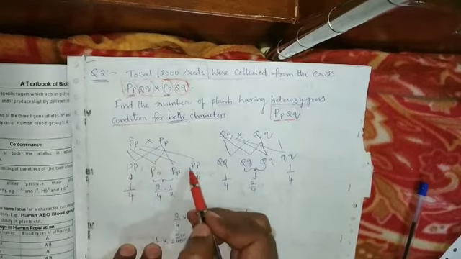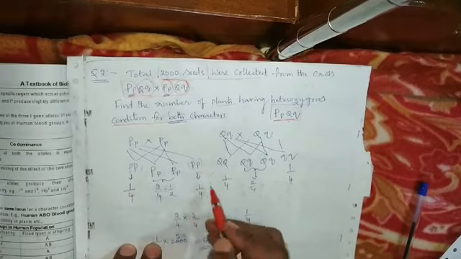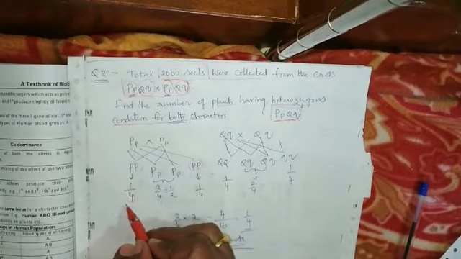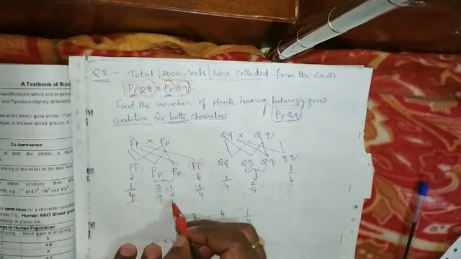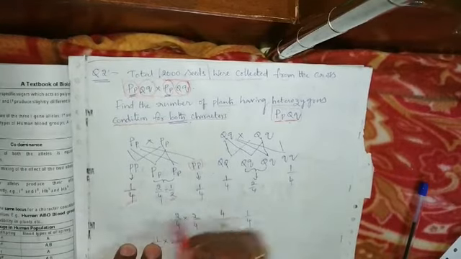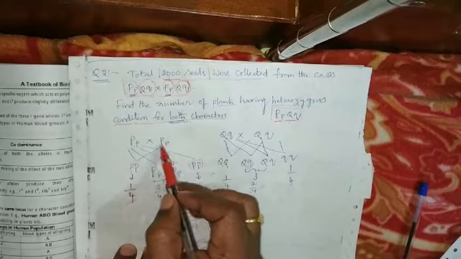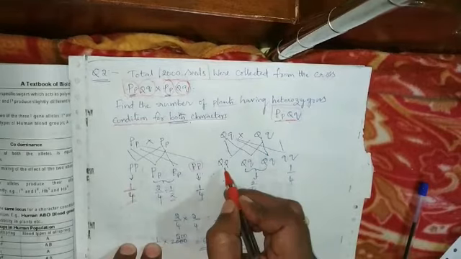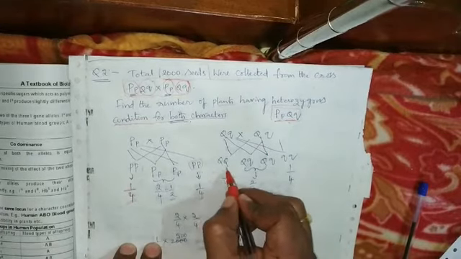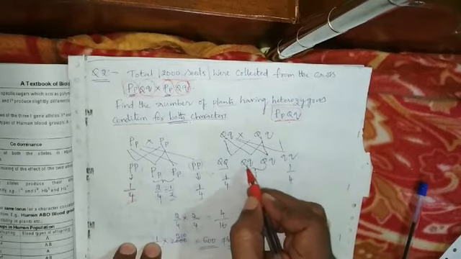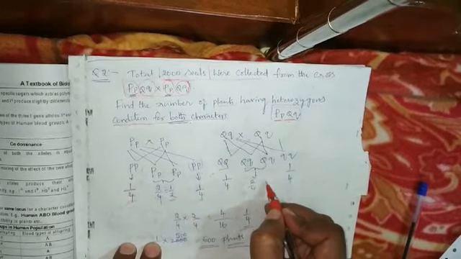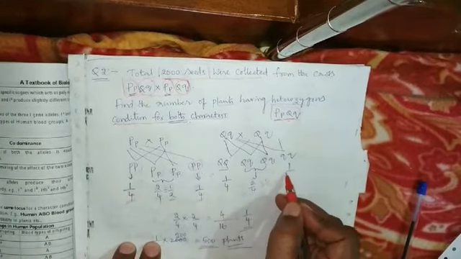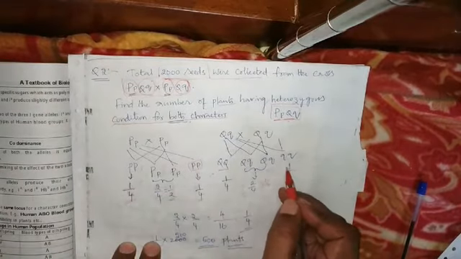And small p, how many plants are formed? 1 out of 4, so 1 by 4. So capital P is 1 by 4, capital P small p is 1 by 2, and small p is 1 by 4. Like that, offspring are produced by this cross. Now capital Q small q is also crossed in the same way. So capital Q gives 1 by 4 of the plants, capital Q small q 2 by 4, which is equal to 1 by 2, and small q gives 1 by 4.